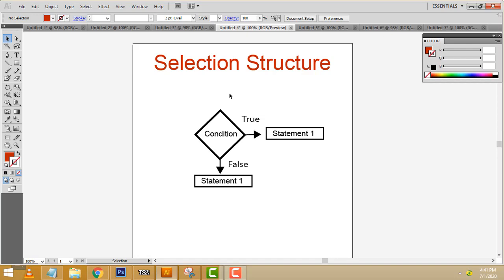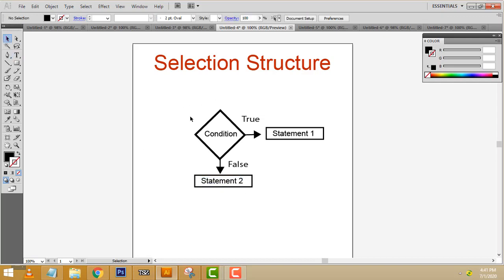The subject is starting from 11 to 12, there will be a condition. So in your daily life there should be conditions. The same condition you have to apply in your program as well. So for a condition in a program, you have to draw the symbol like this. This is statement 1 and this is statement 2. If the condition is true, it works statement 1. If it is false, it goes below and works statement 2.